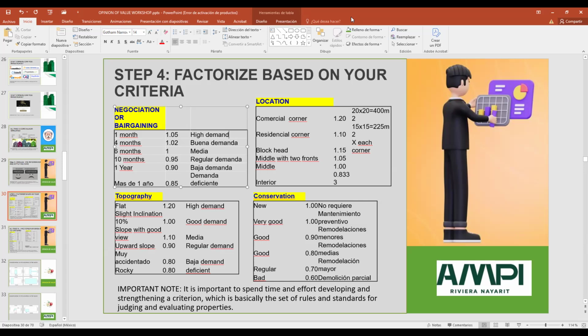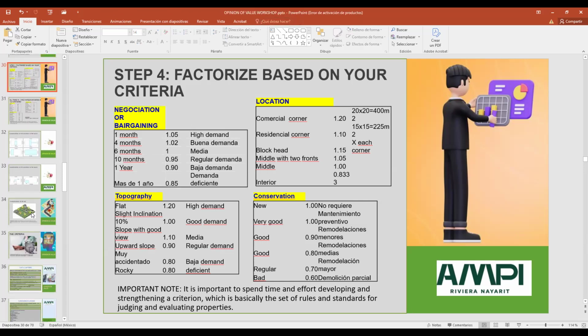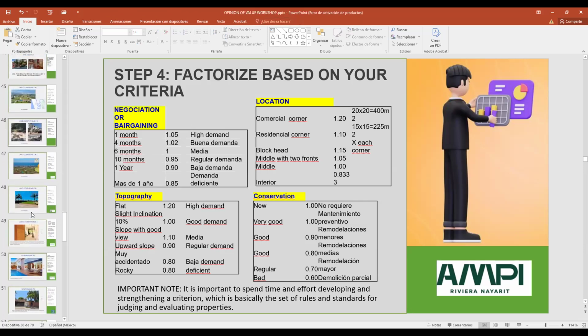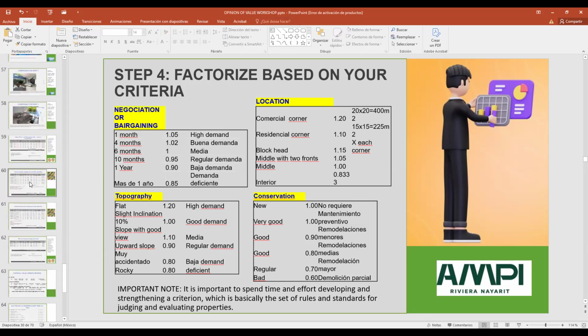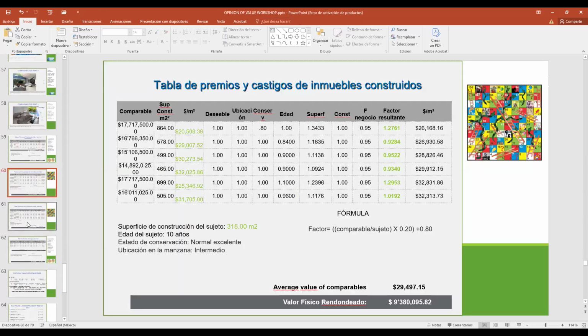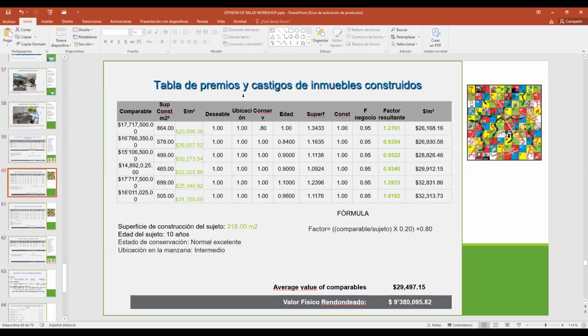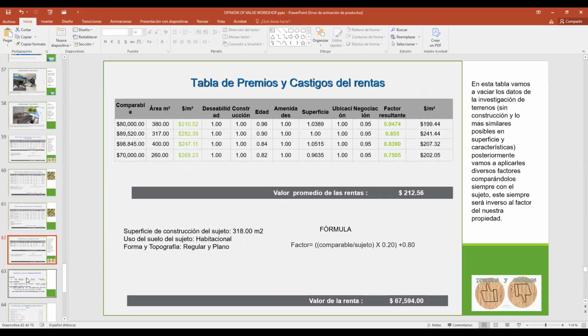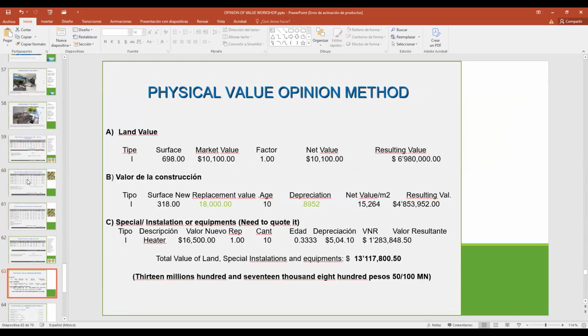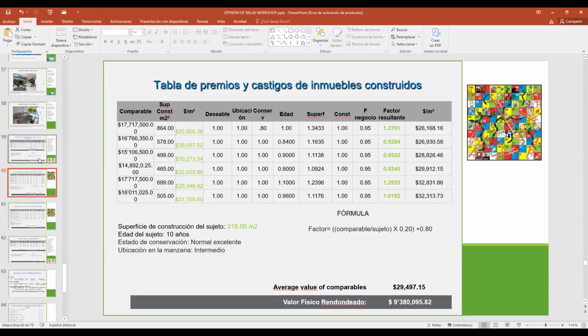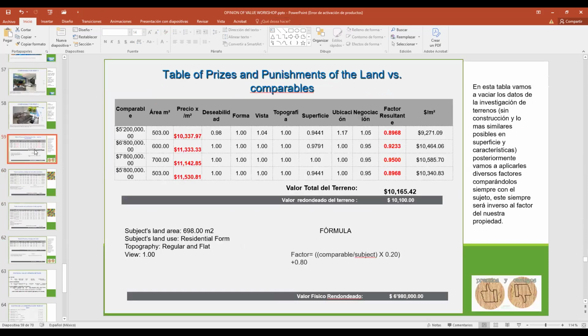That's where you're gonna use these factors. And remember that you can choose to use the factor or not. Remember, it's your criteria. It's supposed to be in the table of prices and punishment of the land.